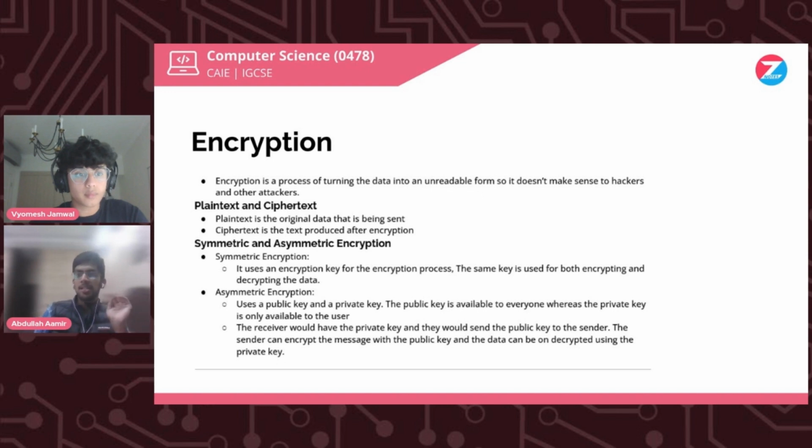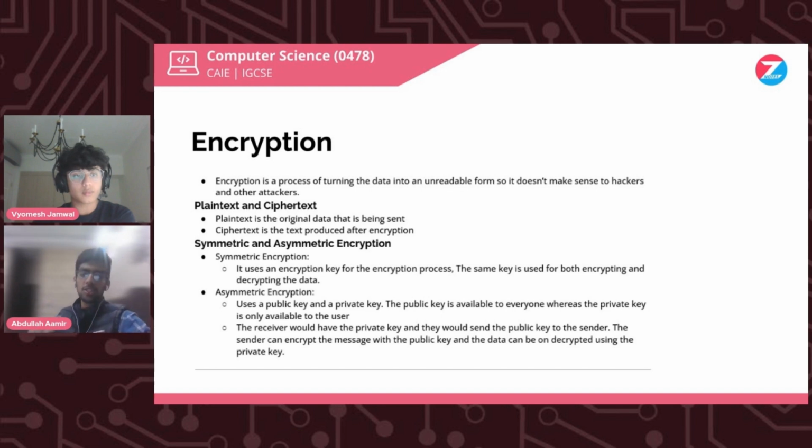A public key is, let's just say I'm transmitting data. I have a key made available to the public, made available to everyone, letting them know that this is my public key. And a private key is available only to the user I'm sending the data to. So the receiver would have the private key and they would send the public key to the sender. And the sender can encrypt the message with the public key and the data can be decrypted using